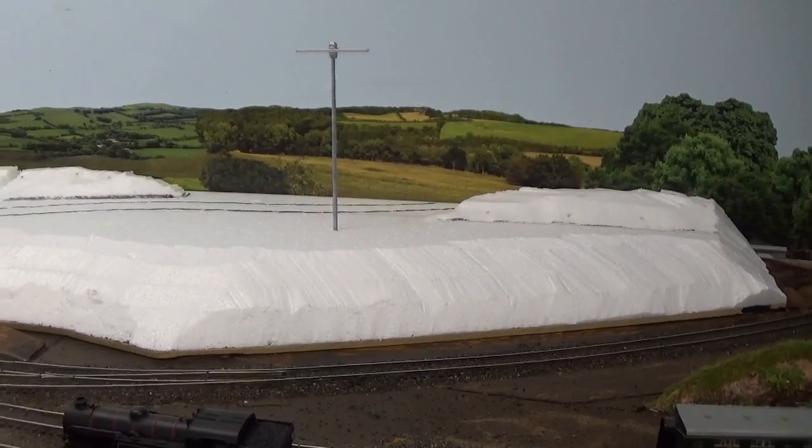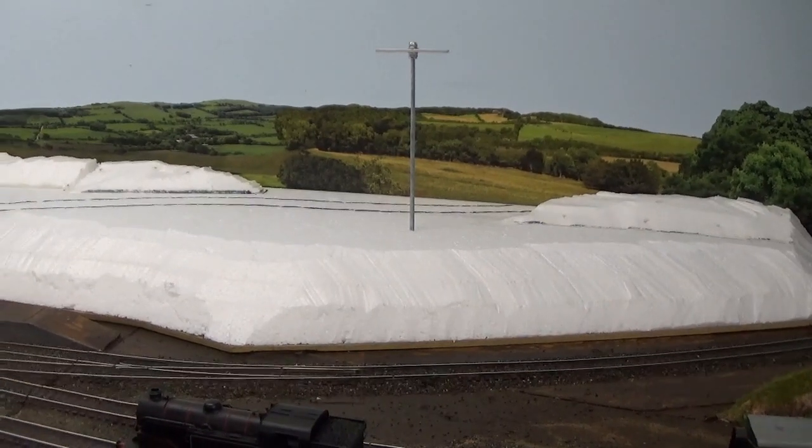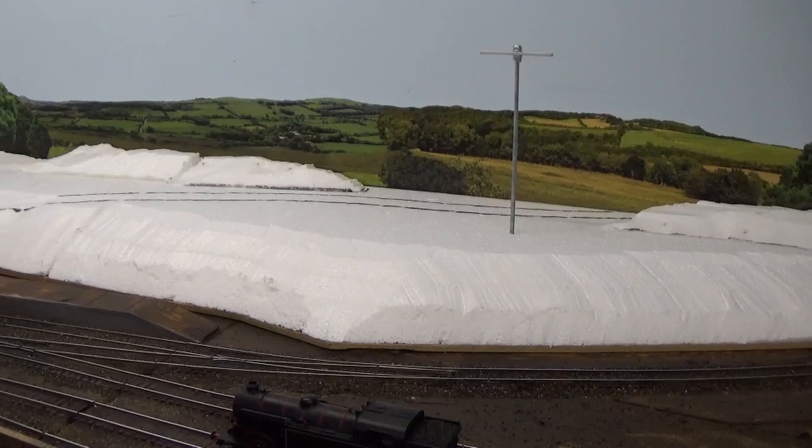Where's the year gone? In the last update we'd been working over here on Little Bardfield, getting on with some of the scenery basics, backgrounds and that sort of thing. Not a lot visually has been done on this side this month, and I've also been away for a little while, so we'll go through what's happened and I can show you some of the updates. As you can see, I've got the basic shape of the scenery, the landform, done